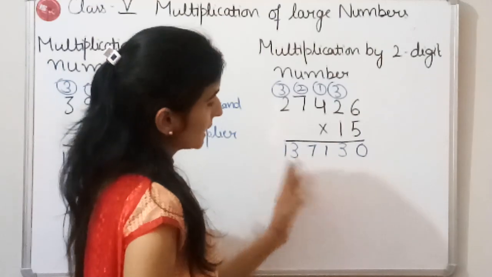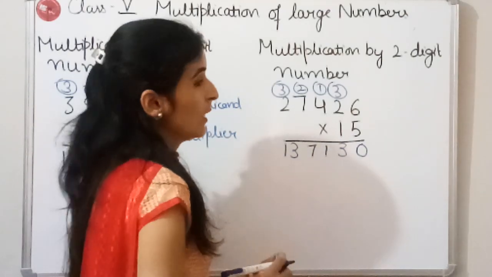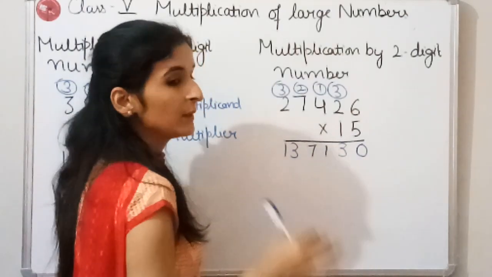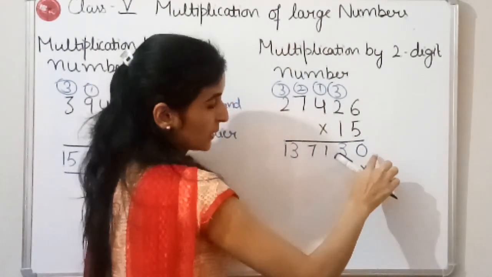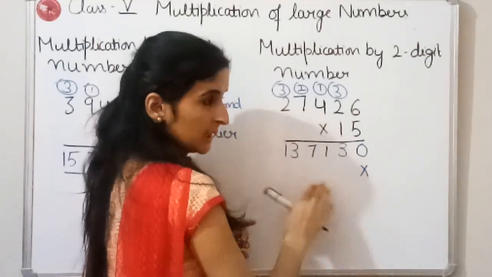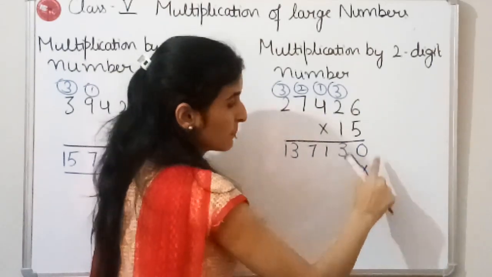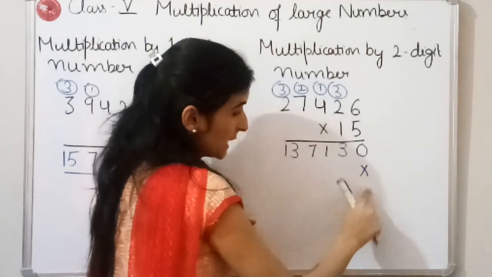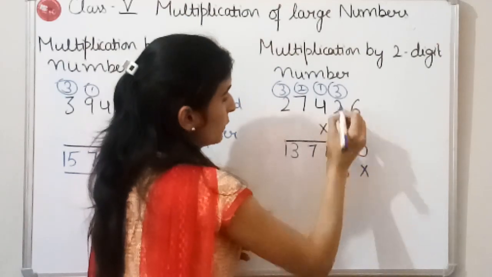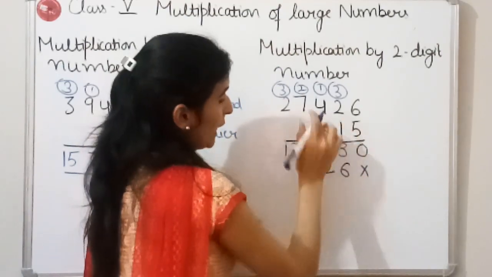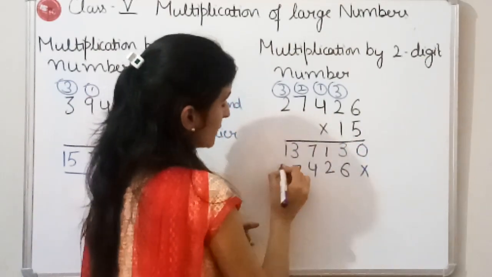Okay, now we have done multiplication with 1 digit. Now we have to move to the next digit. For moving to the next digit, firstly we have to put a cross below 1's digit in the product of 1 digit number. Then we have to start multiplying. 1 6 is 6, 1 2 is 2, 1 4 is 4, 1 7 is 7, 1 2 is 2.